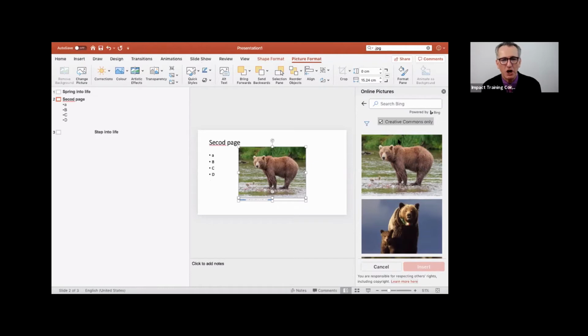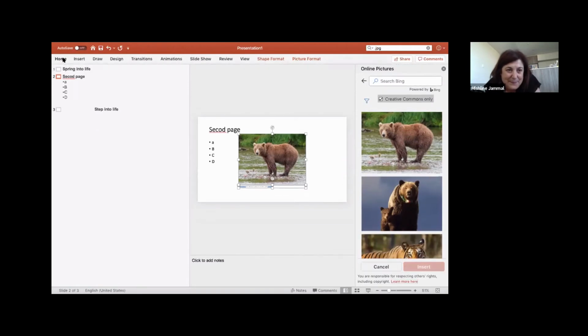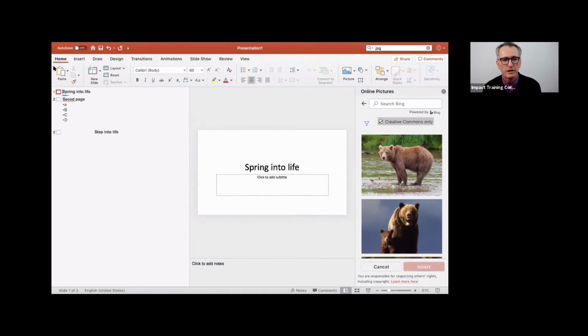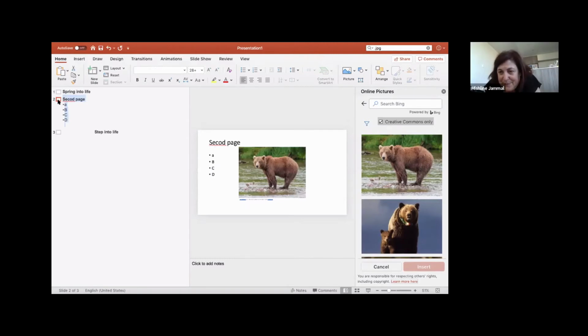All right, now go back to home. Yep. Okay, now what you're going to do is go back to your second page. Sorry, yep. Yep, great. I'll click the arrow. Where the bear is, I'll just get rid of the cross on the bottom right-hand corner where it says online pictures. You've got a little cross there. Just click that cross and it'll stop. It's above that. It says online pictures. Just click the cross there.